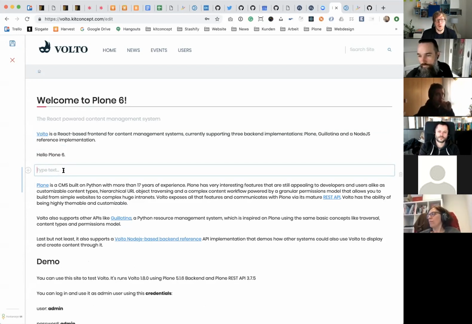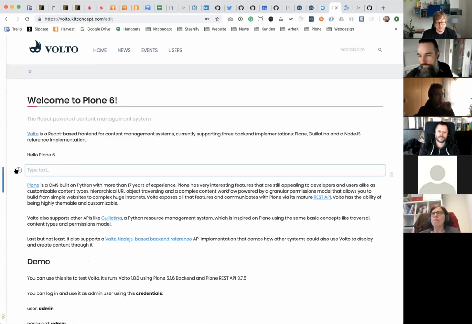We also support, of course, non-text elements. You see this small plus sign here on the left side. If you click that, you see the other tile options that we have. In Plone, we call them tiles because that's how we call them in Deco and Mosaic and all the other editors, and how we call them internally. In Gutenberg, they're called blocks. In the end, it's the same. So we have different options here. The two main options are image tiles and video tiles.